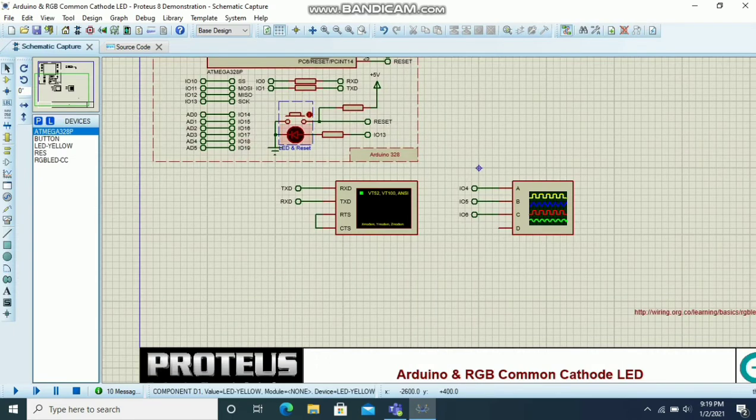As you can see, the highlighted part which I am showing is the LED light. Here the output will be displayed. This is the terminal box. This is the oscilloscope. Here the digital wave will be shown. Now let us once again look at the source code.